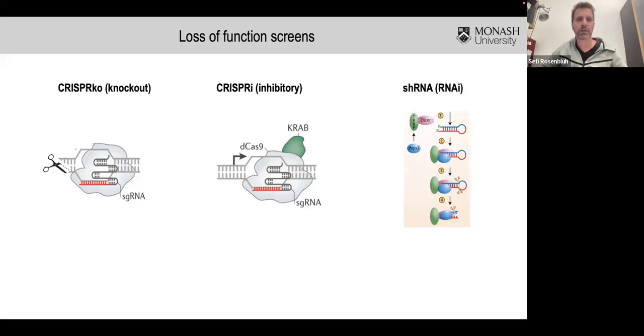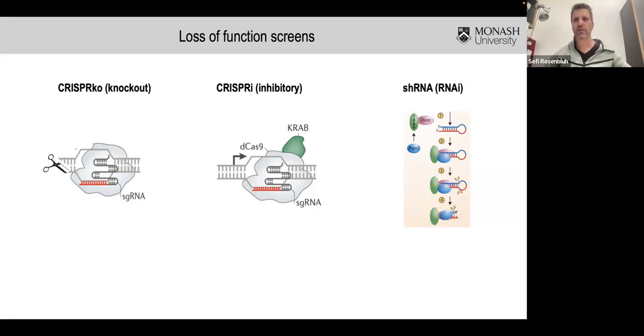Either using CRISPRs, and we use 2 different methods of CRISPR, and I'll talk in a minute about the difference between them. In one of them, we use wild type CRISPR, in which we cut genes in the DNA and knock out genes. The second one is CRISPRi, or CRISPR inhibitory, in which we use a catalytically inactive Cas9, called dCas9, which we can direct to promoters of genes and inhibit transcription. And the third one is old RNAi, in which we direct a hairpin that targets a particular gene of interest. So we're targeting the mRNA of a gene and inhibiting it.